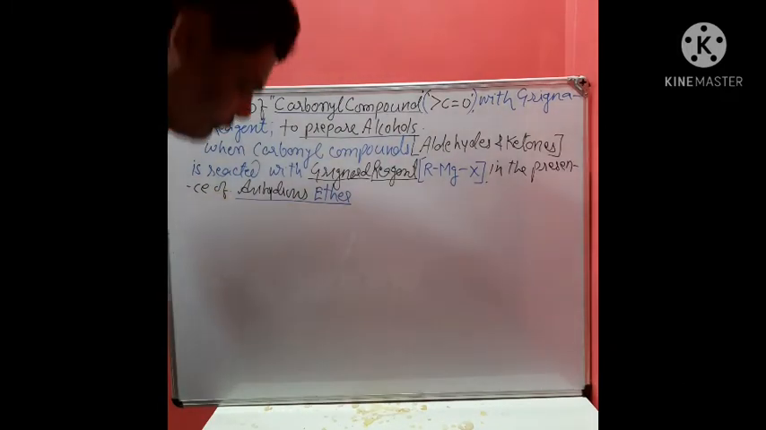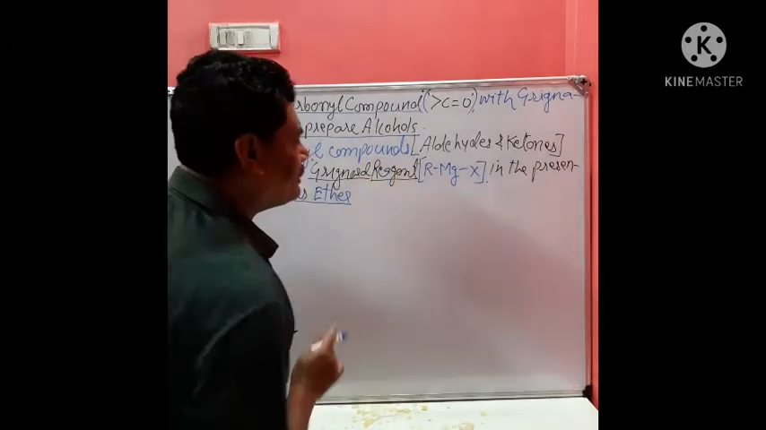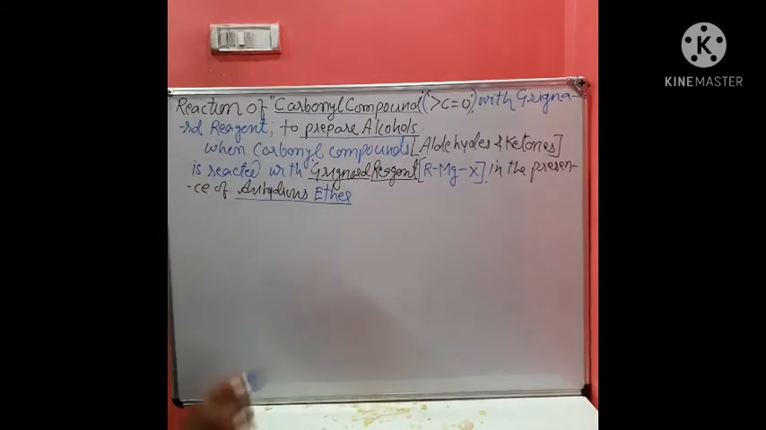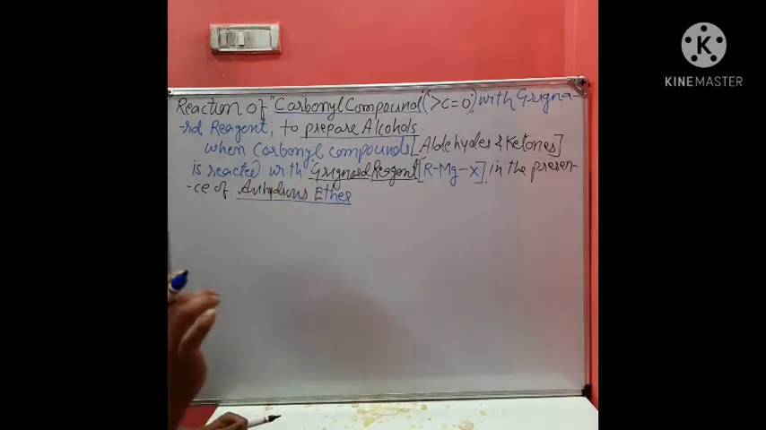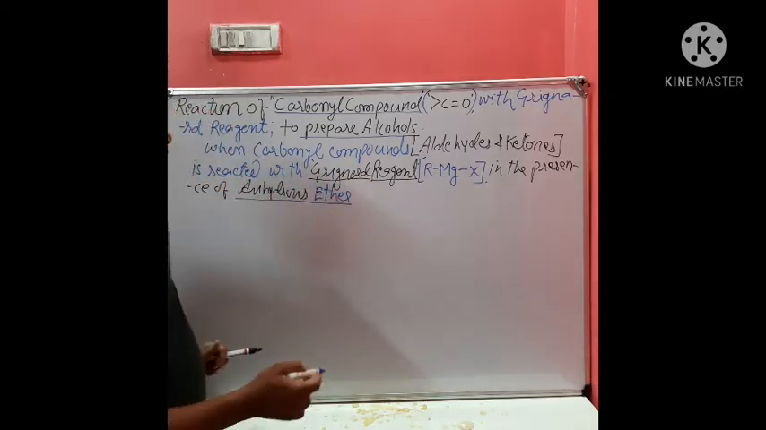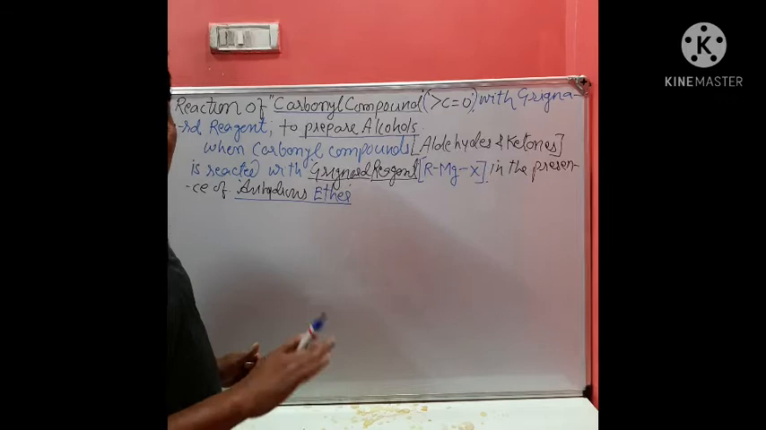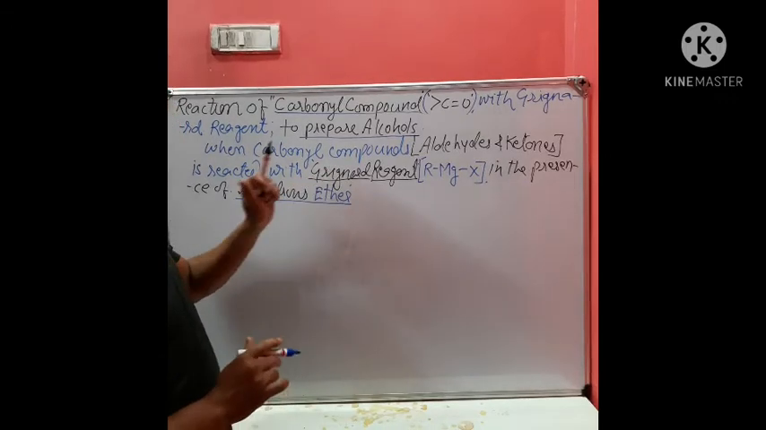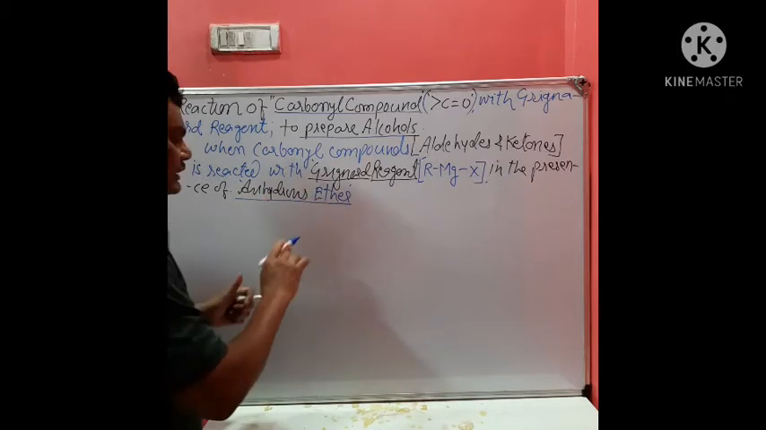Now why do we use anhydrous ether? Student, you should know, whenever we are using Grignard reagent, being highly reactive, it readily reacts with moisture if present in the atmosphere. So to check the reaction of Grignard reagent with moisture, we are creating the atmosphere of ether so that it should not react with water, isn't it? Therefore, in the presence of ether,